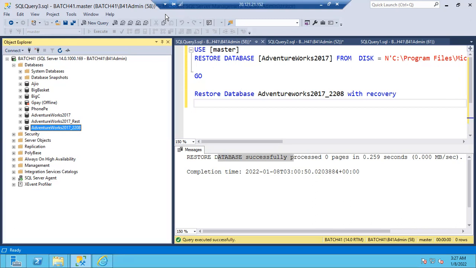I'm sorry if you feel overloaded, but I'm just trying to include all available and important points. You have to know how to take backups and how to restore databases. If you are clear, that's fine.